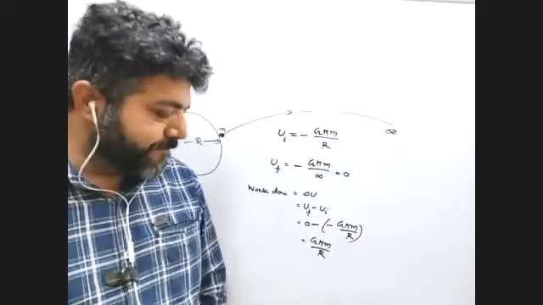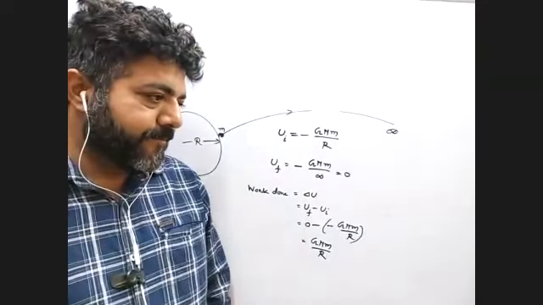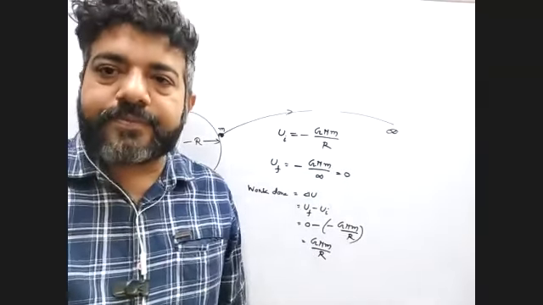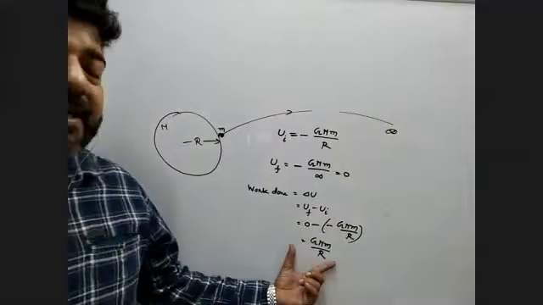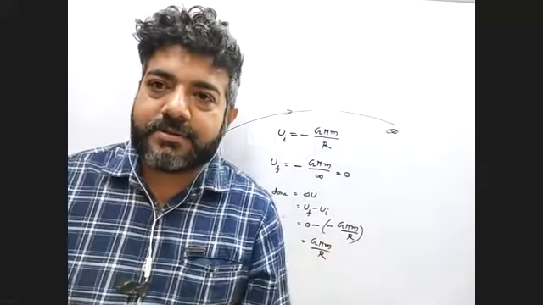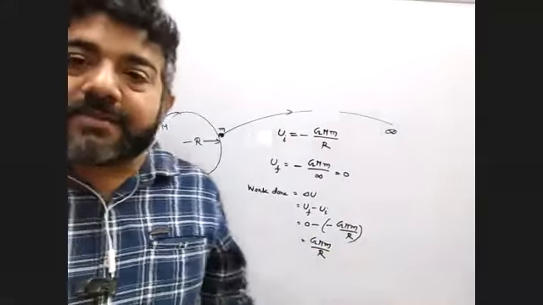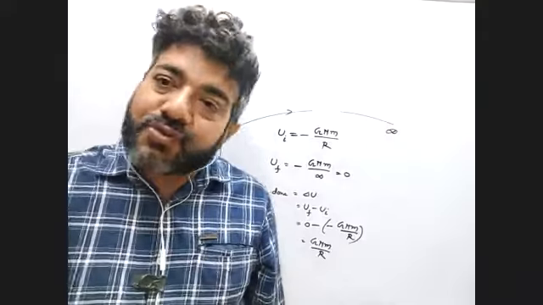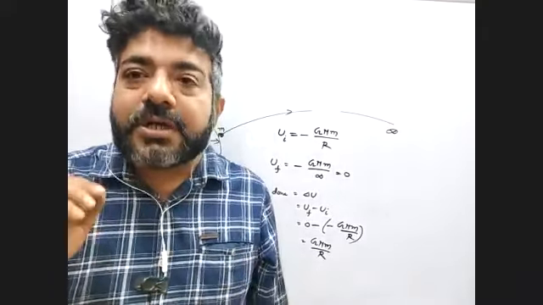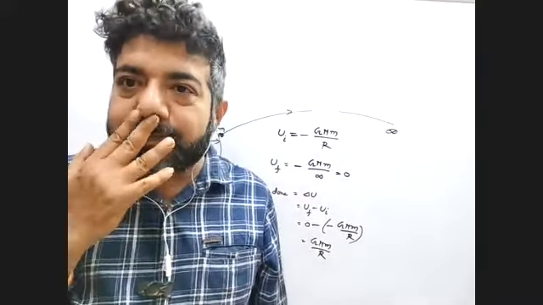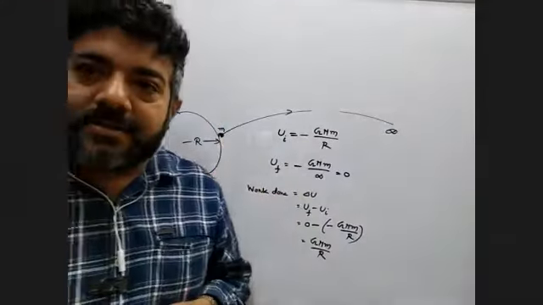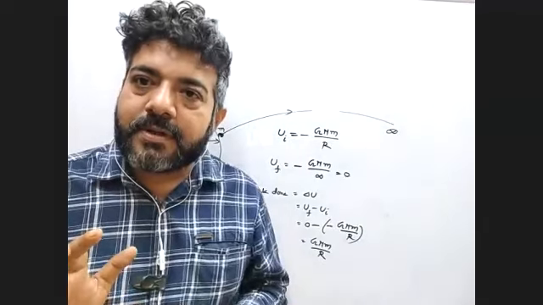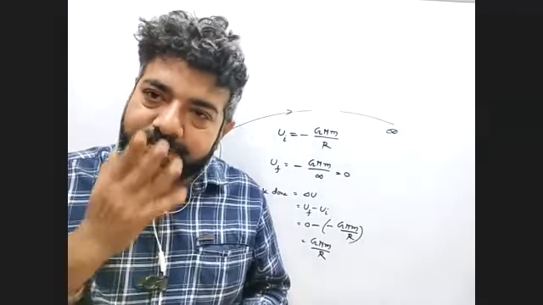Okay. Is it okay? Yes, sir. Now tell me one thing. So this is your work done. How do you do that work? By using some kinetic energy. You throw it. What do you mean by you throw? You are creating some velocity, or you are giving some velocity to that particle. Is it clear, everyone?